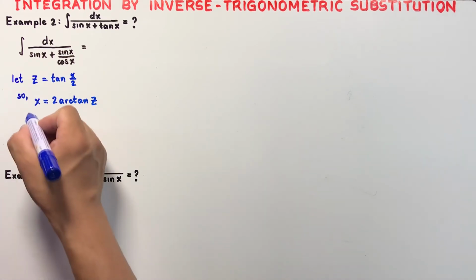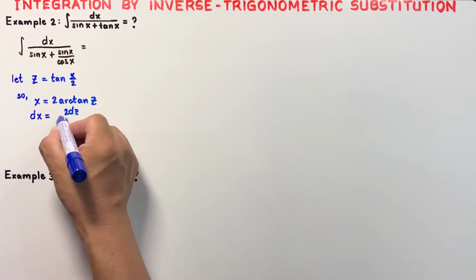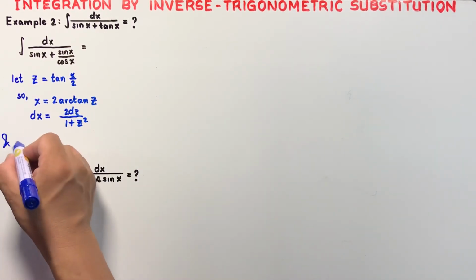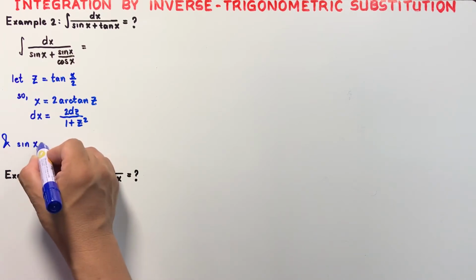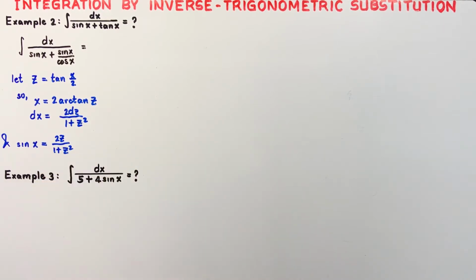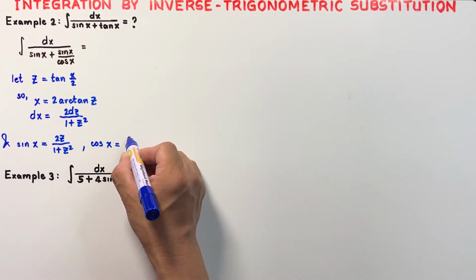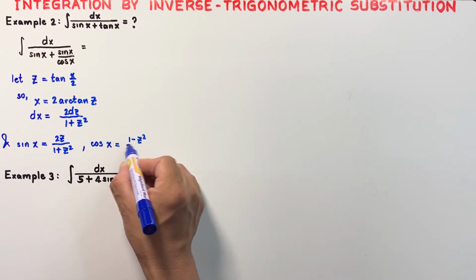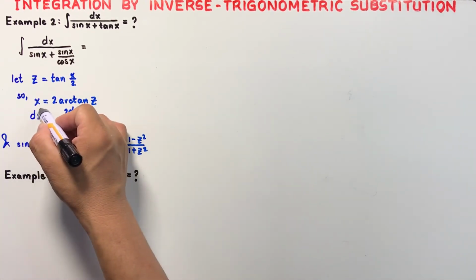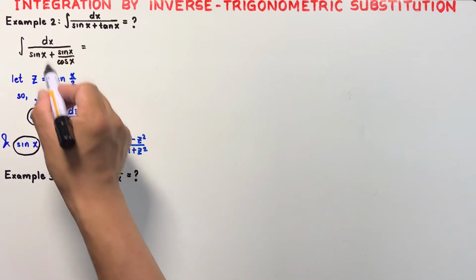And we derived it already that the derivative of x is 2 dz over 1 plus z squared. And also we have the value of sine x, which is equal to 2z over 1 plus z squared, together with our cosine x, which is equal to 1 minus z squared over 1 plus z squared here. So substituting our value of dx, our value of sine x, our value of cosine x to our integrand, we